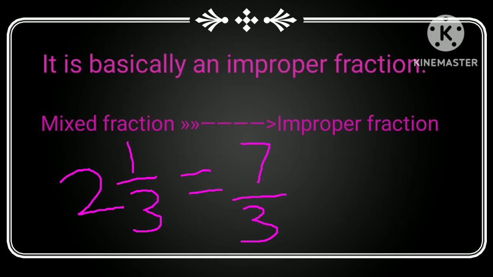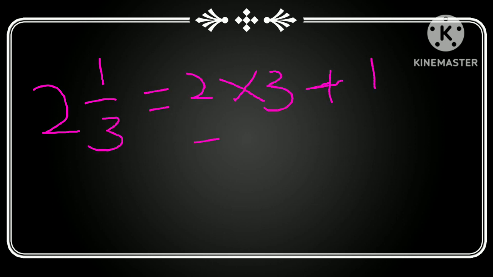The second line of definition, that is, it is basically an improper fraction, means mixed fraction can be converted into improper fraction as shown here. 2 ratio 1 by 3 can be converted into 7 by 3. Let's see how. So to convert 2 ratio 1 by 3, which is a mixed fraction, into an improper fraction,